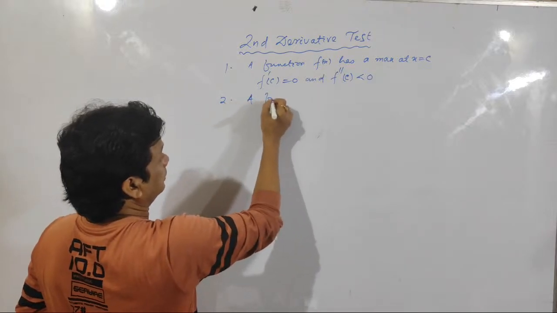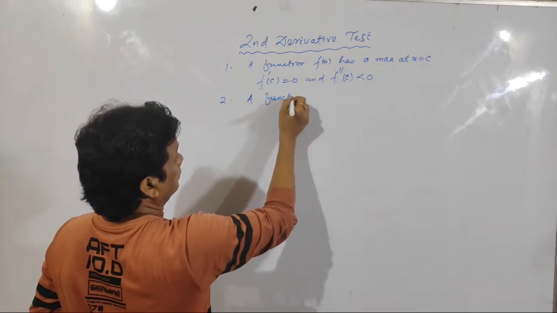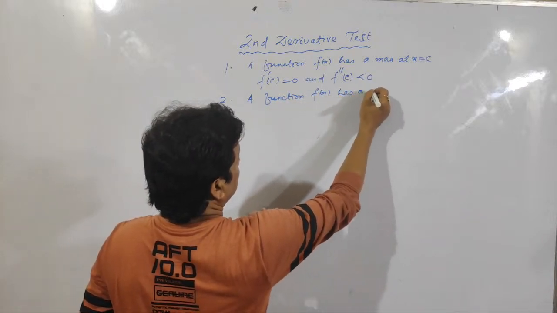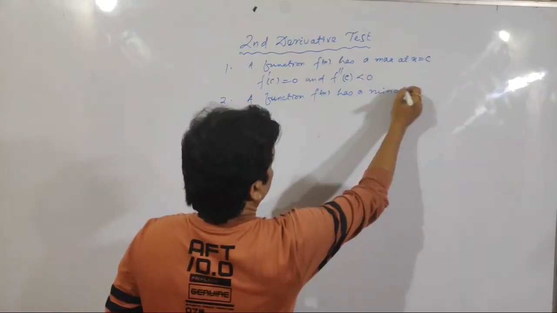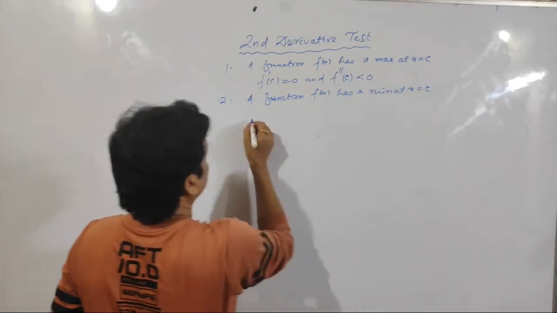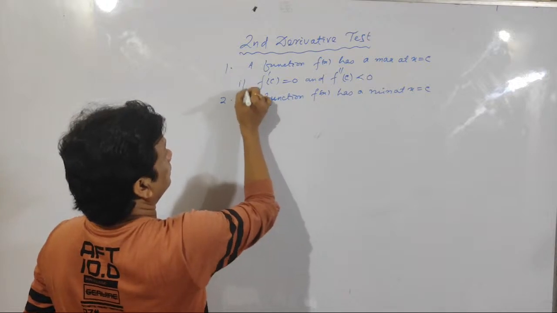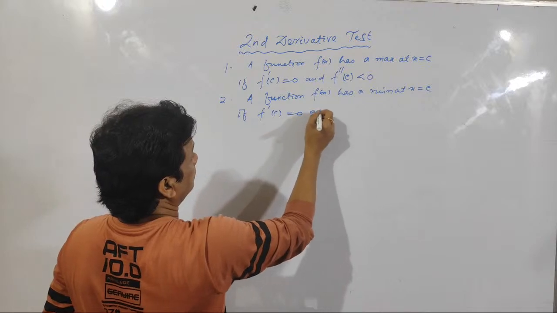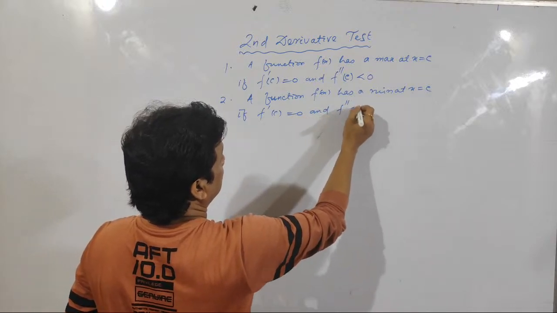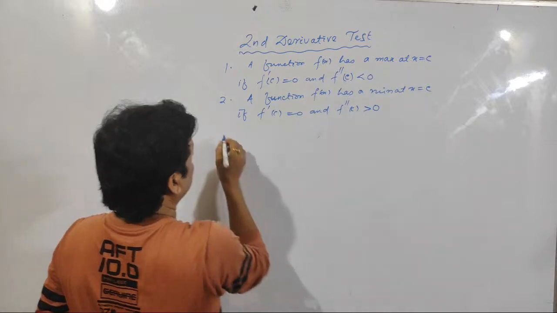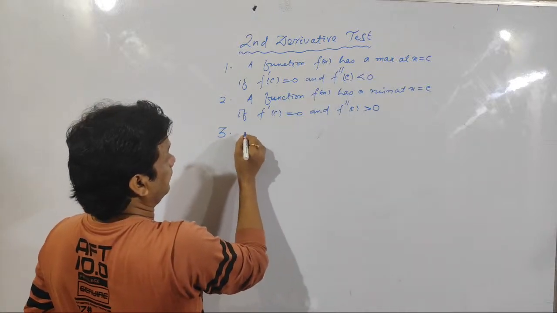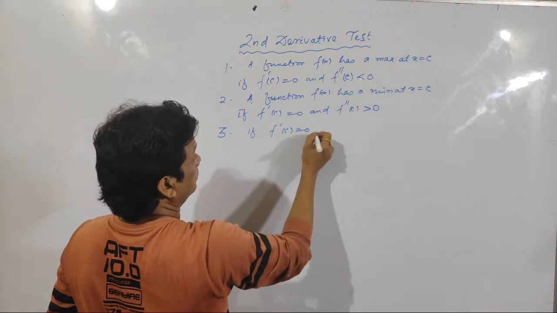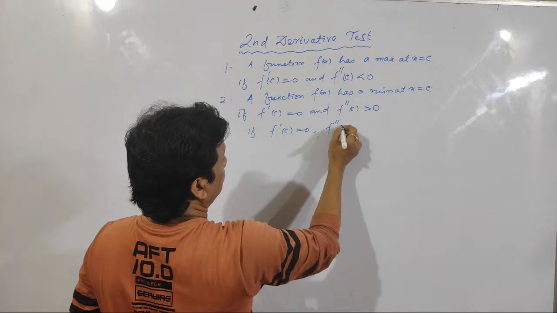And second point, a function f of x has a minimum at x equal to c if f dash c equals 0 and f double dash c is greater than 0. And third point, if f dash c equals 0 and f double dash c equals 0,